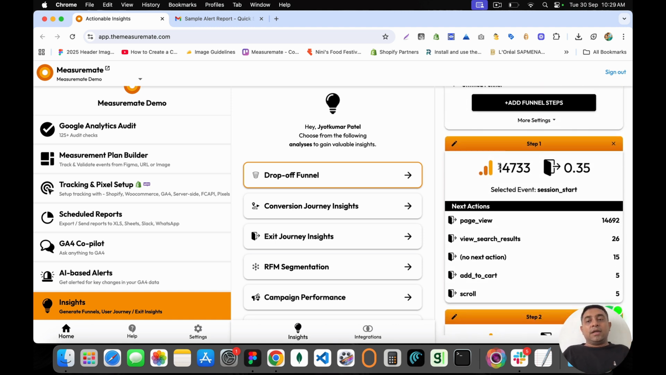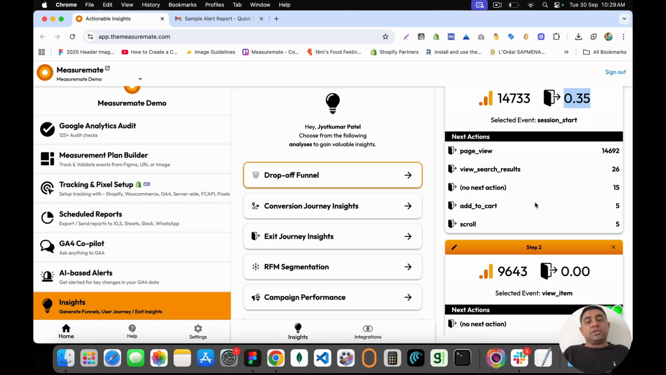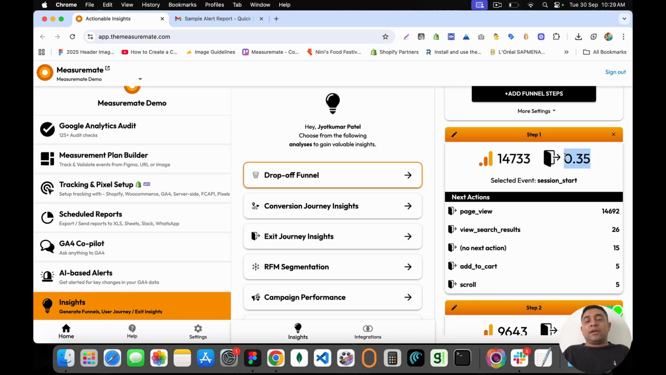You can see if people dropped off, right? How many people drop off? 35% drop off from this stage to the next step, right? If there is a drop off, if people did some next action, what did they do? Did they search? In that case, view search results is only 26. So many people do not prefer searching on your website. Maybe we don't know why, right? So you need to get into more details afterwards, but overall you can get very basic high level insights